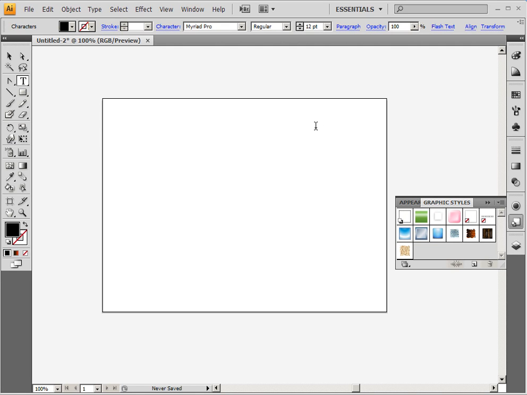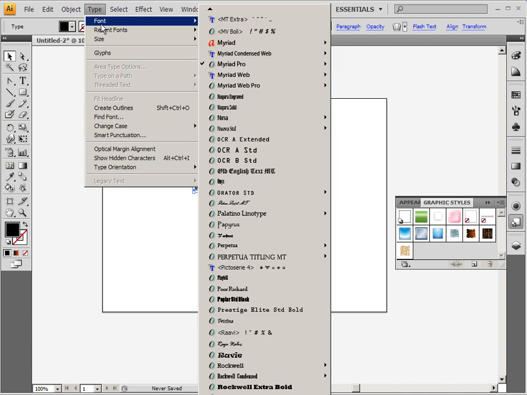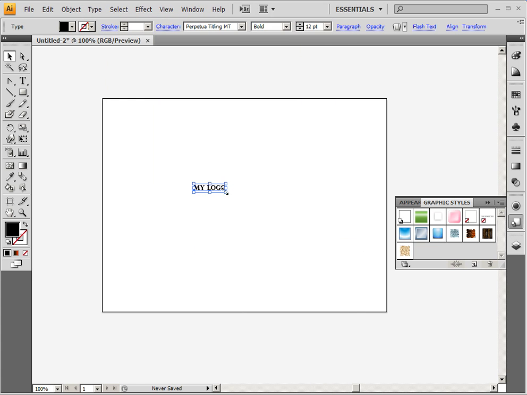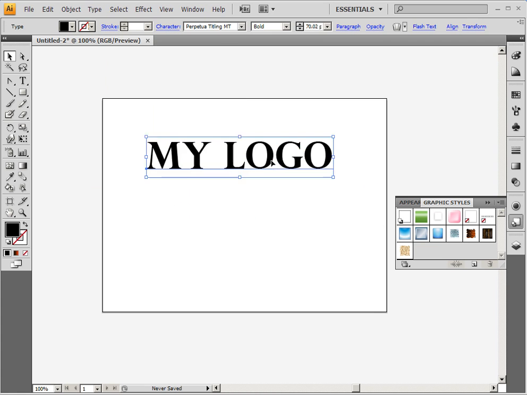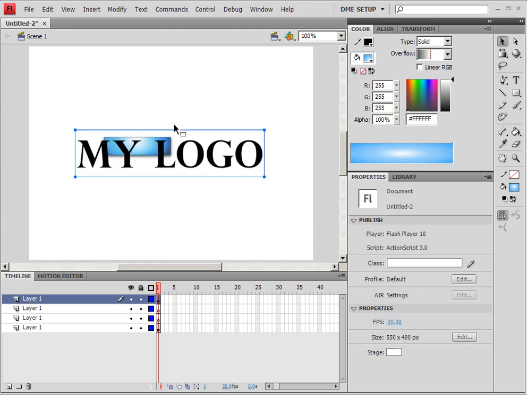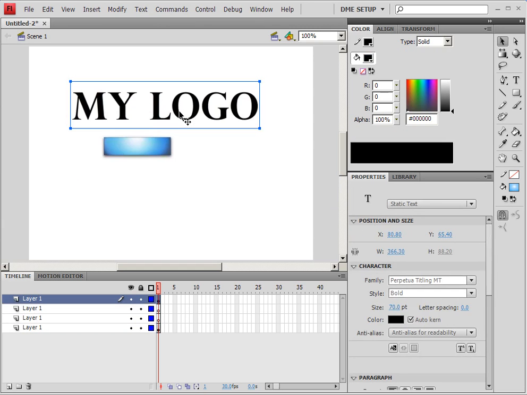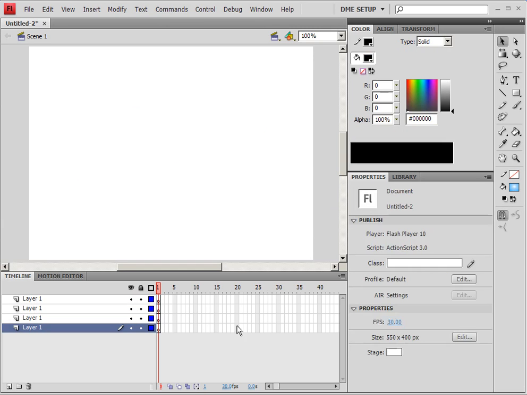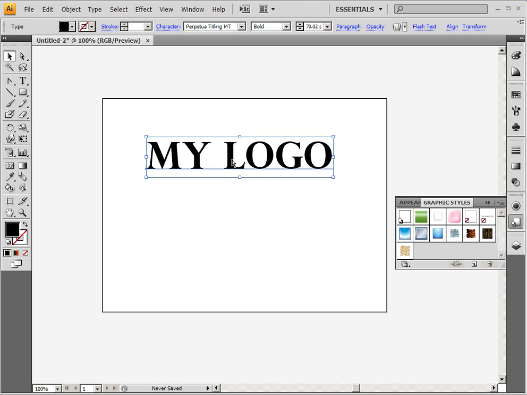Now, you can also use fonts. So if I say my logo and use some sort of cool font, here's my cool font. Of course, if you copy this into Illustrator, or into Flash, it may copy in as live text. If you have, of course, in Illustrator, everything converted to outlines,